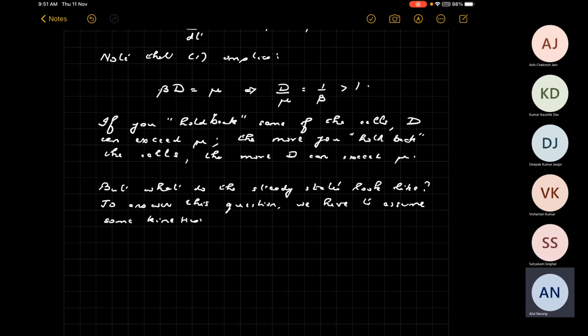For the sake of simplicity, we will assume that the cells follow Monod kinetics,